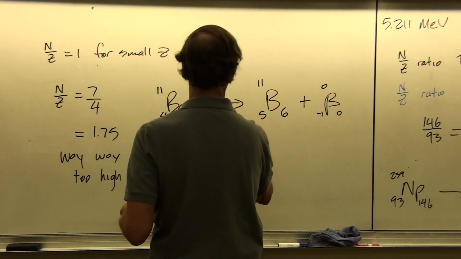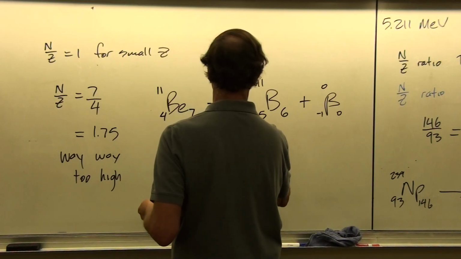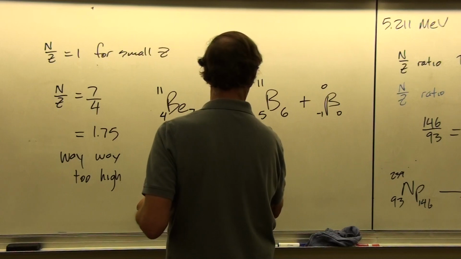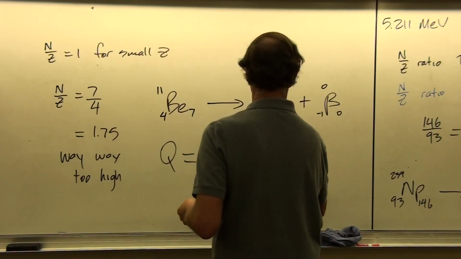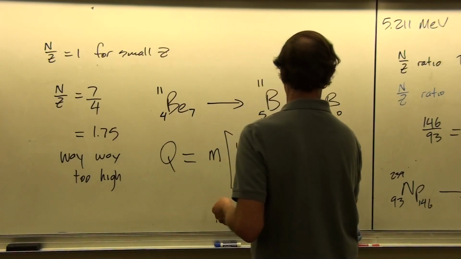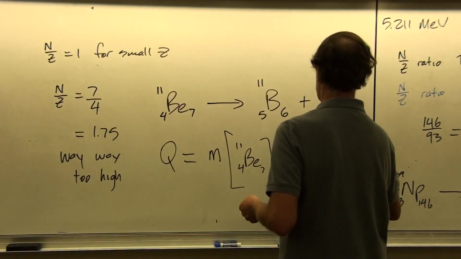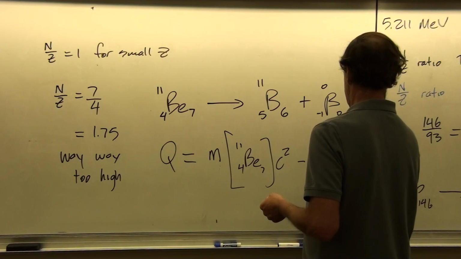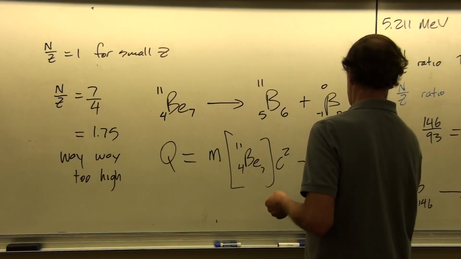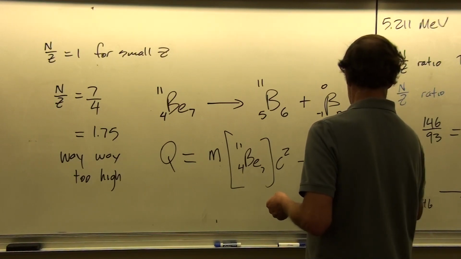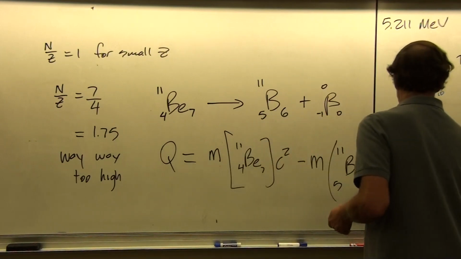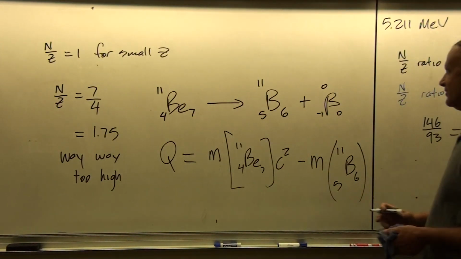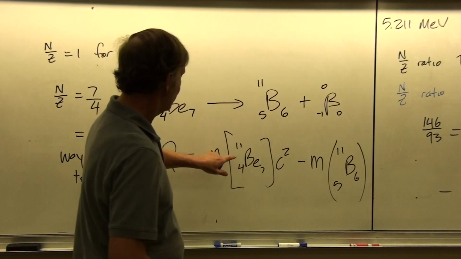And so this one is going to be the bigger value, the mass of the beryllium-11 c squared minus the mass of the boron-11. We could almost guess that this one is going to have a bigger mass because it has